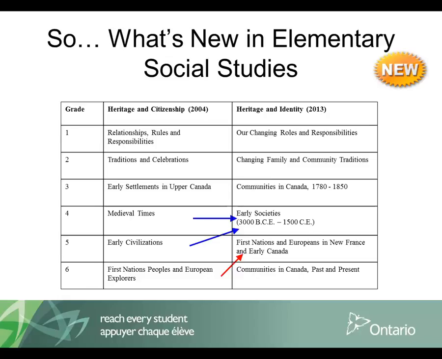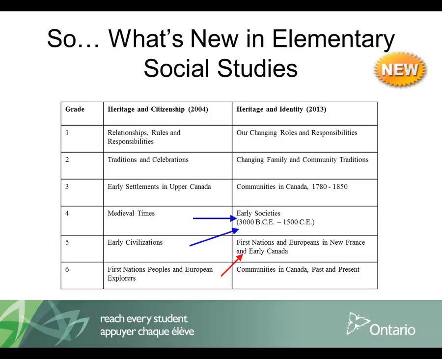There has been a change in the title of the strand. It is now called Heritage and Identity. In this strand, students are provided with opportunities to explore various topics that will enable them to develop an understanding of the connections between the past and present, of interactions within and between diverse communities, and of rights and responsibilities associated with citizenship. As mentioned before, the topics have been updated to address identified gaps, including diverse perspectives and student